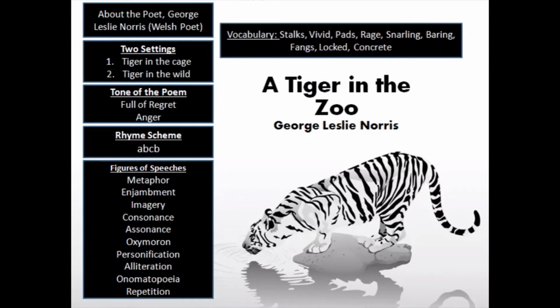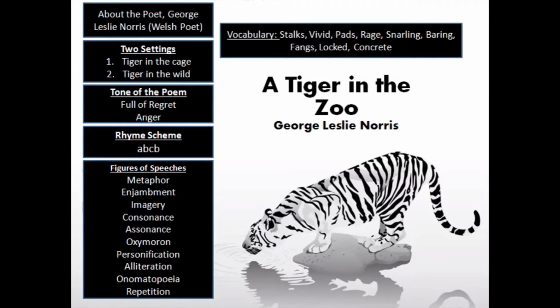But as you can see, this poem has 5 stanzas of 4 lines each. So it is called a quatrain. If a stanza has 4 lines, it is called a quatrain. 4 lines are there and 5 stanzas are there. So here, in one stanza the poet talks about how the tiger is behaving when it is in a cage, and this he compares with another stanza where he says how the tiger will behave if it has been in the wild nature.